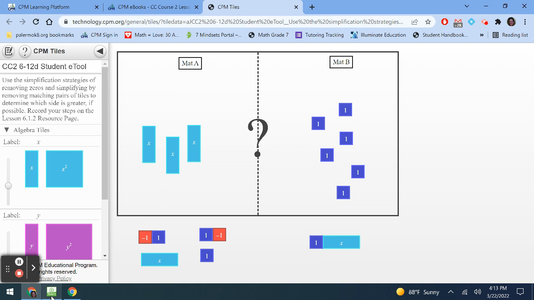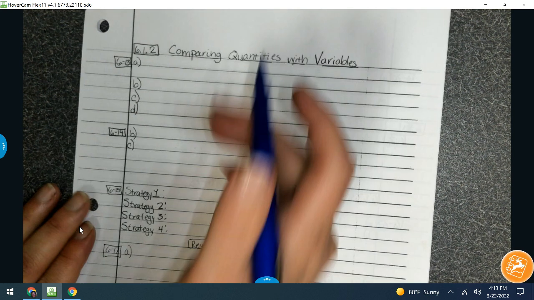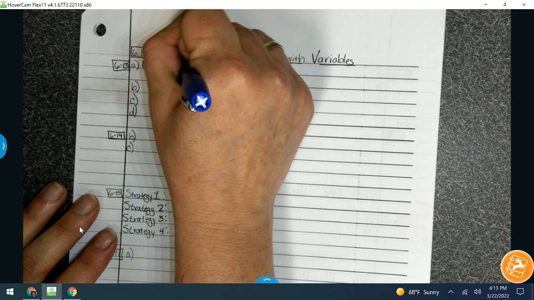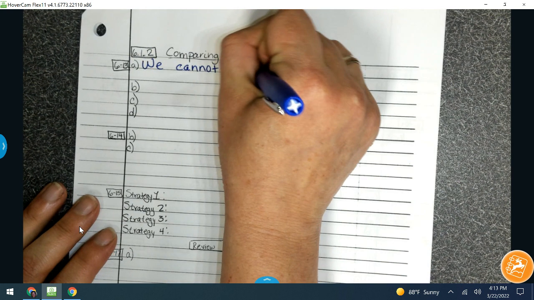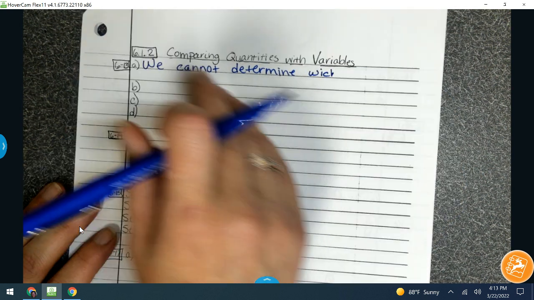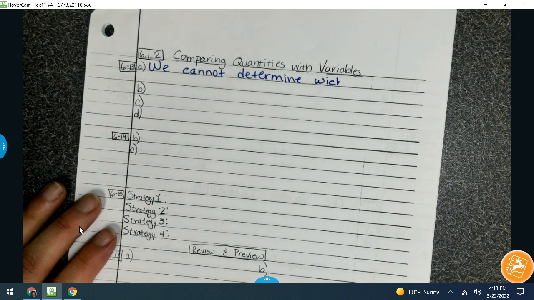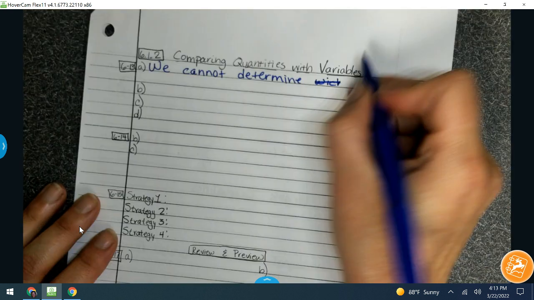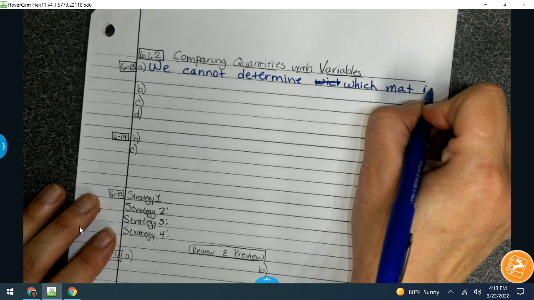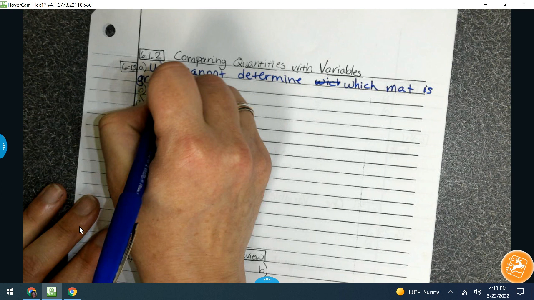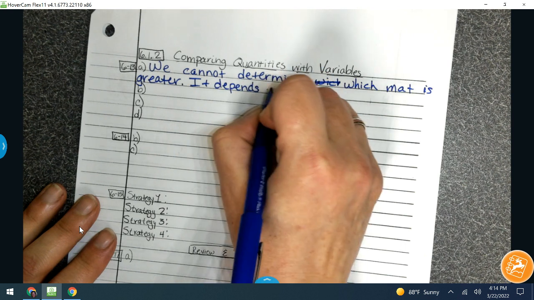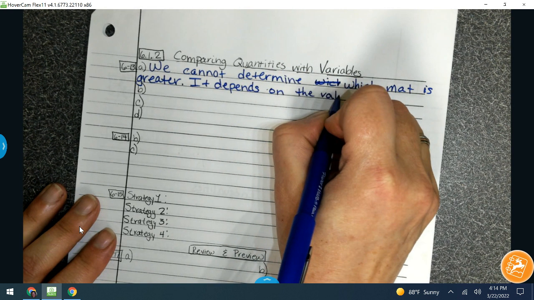And so that's what we're going to be writing right here on alpha. We cannot determine which mat is greater. It depends on the value of